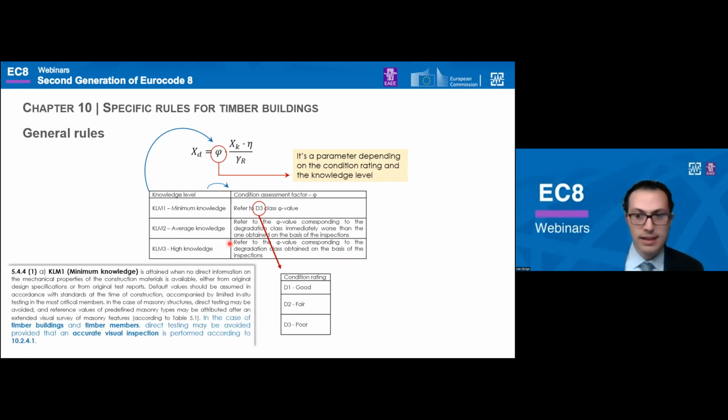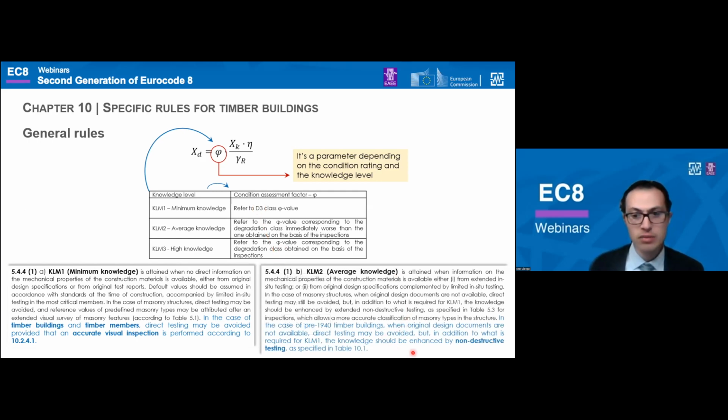Some specific instruction on how to reach a certain knowledge level when it comes to timber structures and timber assemblies can be found in chapter 5. And of course, visual inspection is the base tool for determining the health condition of any timber component, and it should address each structural component. To reach a higher level of knowledge, visual inspection has to be supplemented by testing, relying mainly on non-destructive testing